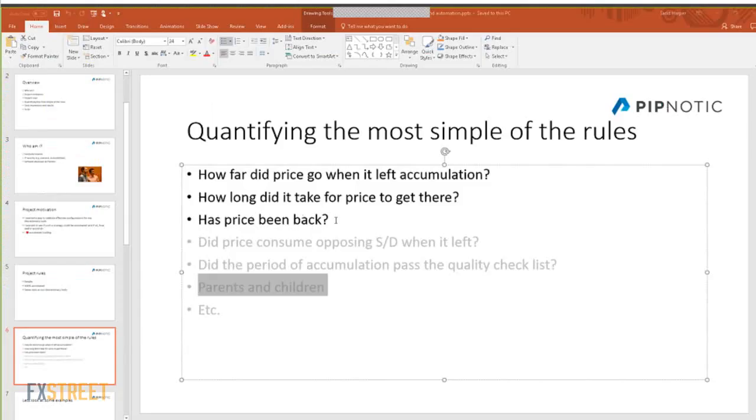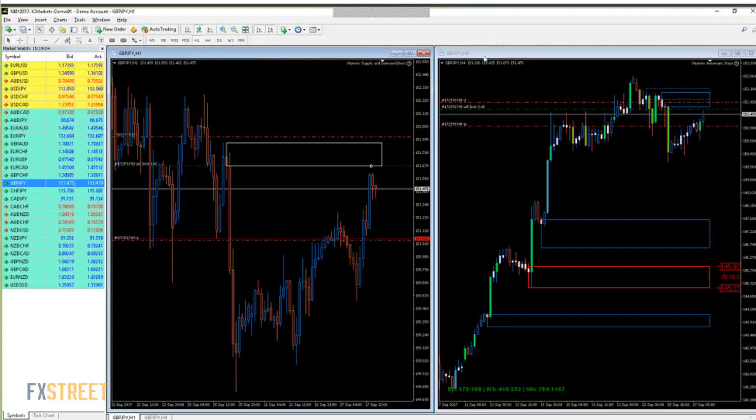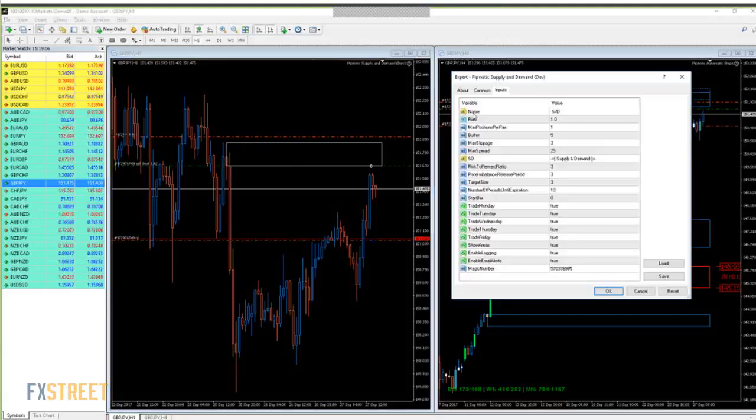Cool. So that's done. We have these 3 rules implemented. And if I just show you what they look like here, you can see that we have the risk reward ratio. We have the price imbalance release period. And that simply tells me that I want price to move away from accumulation 3 times the size of the area of supply within 3 periods. So when this period closes, the low of this third period has to be at least 3 times the size of this area of supply,